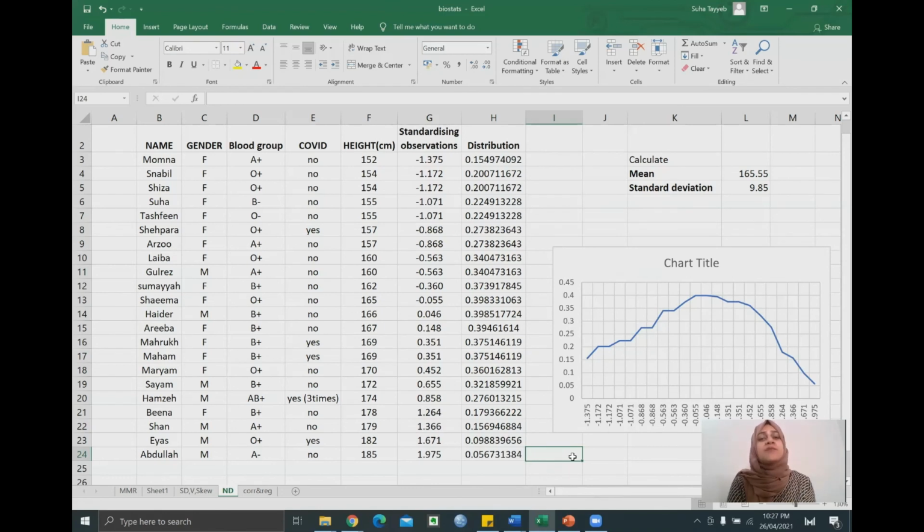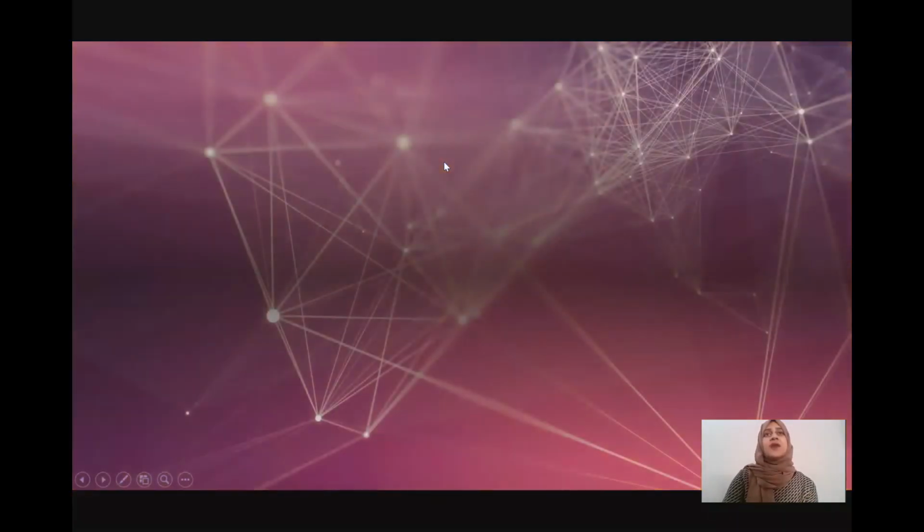A lot of the time, data does not tend to be the ideal normal distribution curve. However, this still is a normal distribution curve, and we're happy with this, and we can use this data to do a lot more calculations to find out the number of people within 1 standard deviation, the number of people within 2 standard deviations, or go in reverse and see how many standard deviations would include, like, 50% of the population. So that was about it.